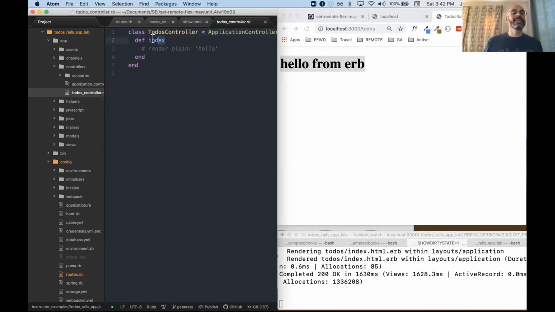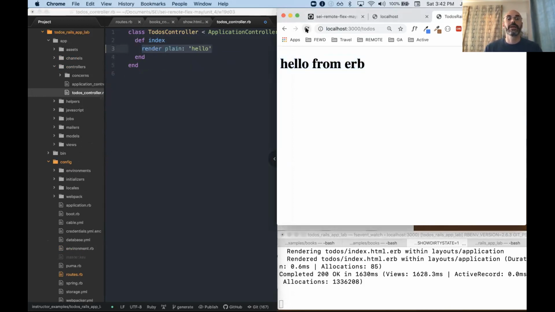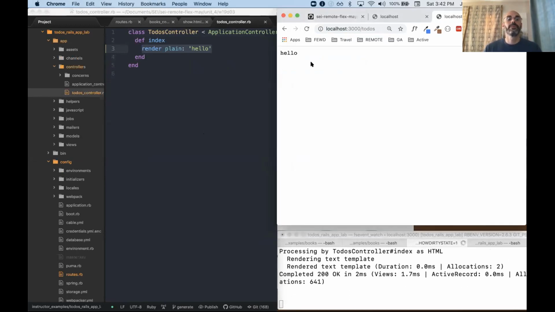I'm sorry, there's an index method. Now, the index method was rendering this plain text, and if I add the plain text, let me see, is it not doing it? Plain. There we go. I see hello. If I get rid of it, and I save it, you give it a second,